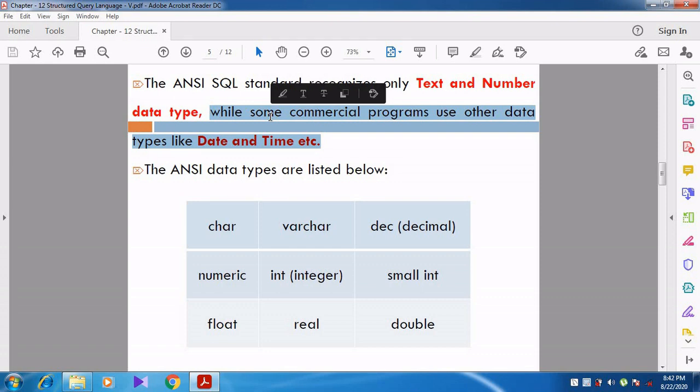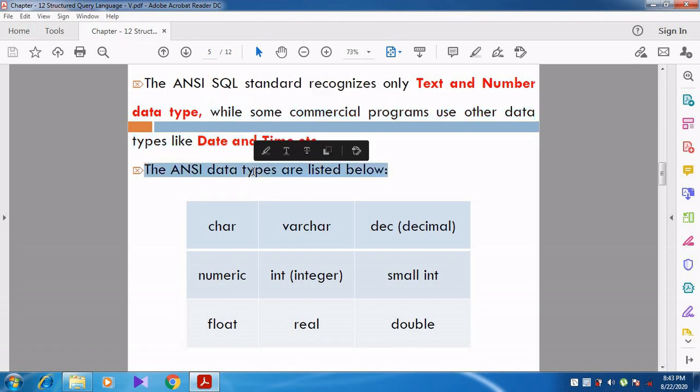For example, there are several database systems like DB2, MySQL, SQLite. Those will support advanced data types such as date, time, and whatever else we like, all the data types are supported there, right? So the ANSI data types are listed below. What are the ANSI standard data types?